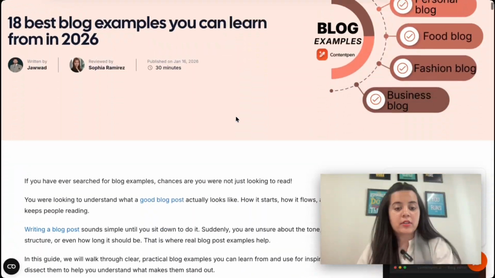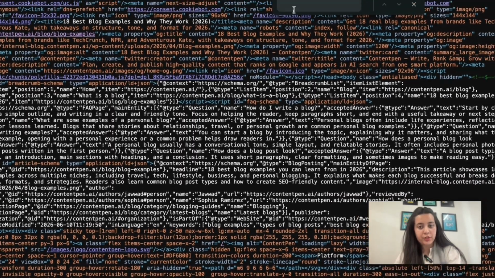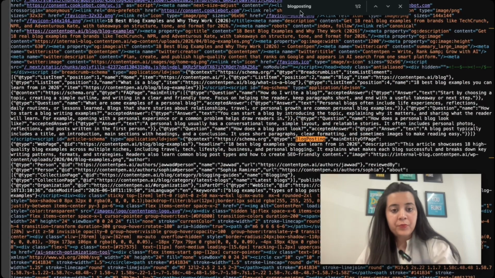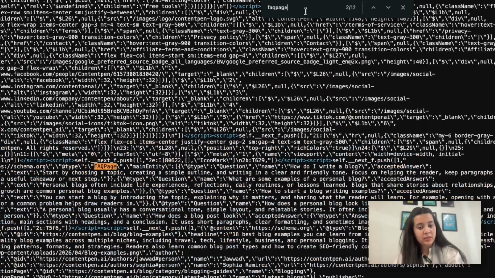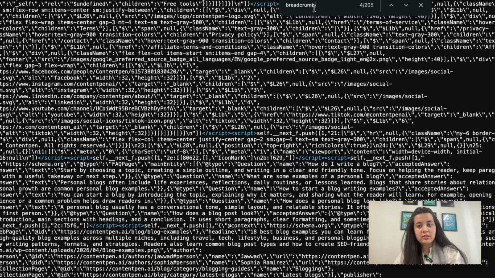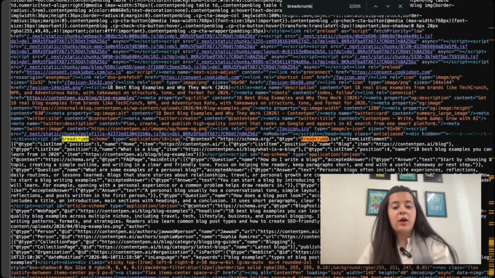So I took our developers' help to set up and create schemas through WordPress on our blogs. So this is the blog that we were working on, and here is its source code, and we have added all the schemas over here. So the first one was the blog posting schema. As you can see over here, we have added it in the JSON format. Then we have the FAQ page schema. That's also done. Then we have the breadcrumb list. I'll have to find it out, and here it is. So all the schemas are now added to our blog.